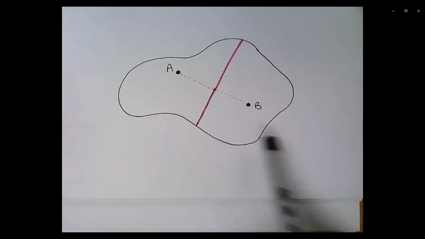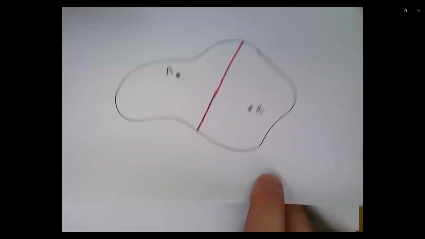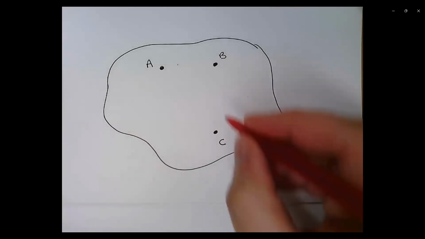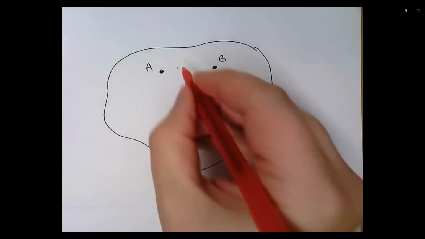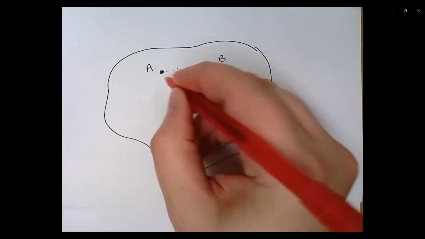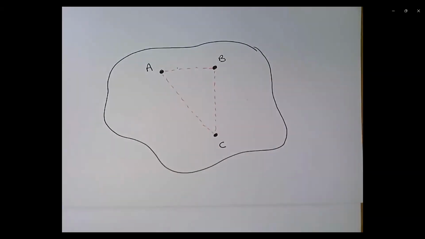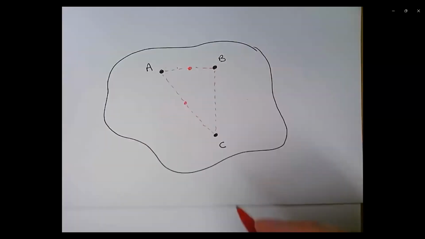Now of course they can't all be this easy or we'd have nothing else to do in this class. So let's try a slightly more difficult one. Let's do one that has 3 data points, or 3 sampling stations. I'm just going to draw a quick dotted line connecting each of these 3 to each of the others. And same thing, I'm going to do a perpendicular bisector for each of these lines. And again, I'm pretty much just going to eyeball it.